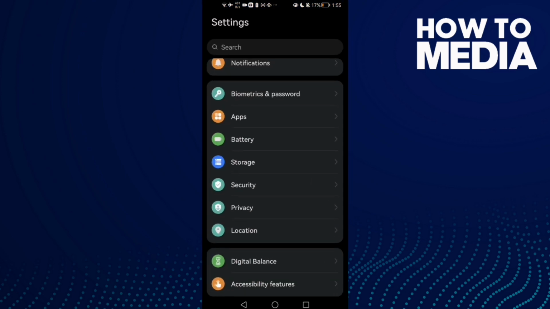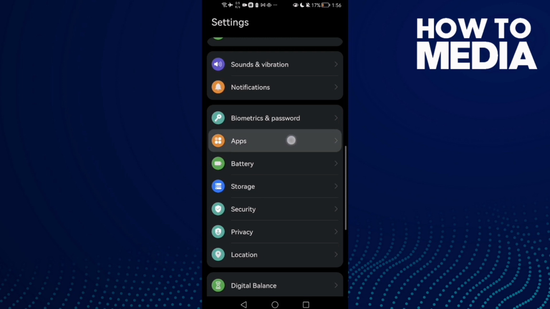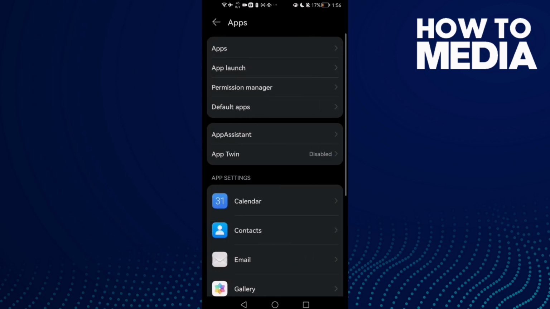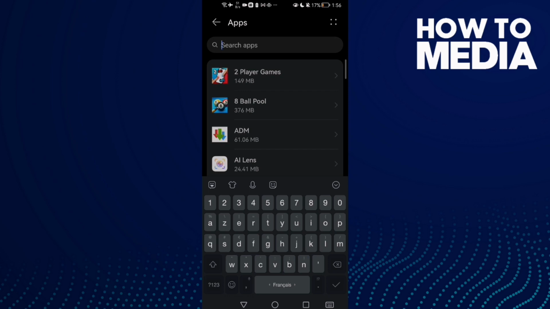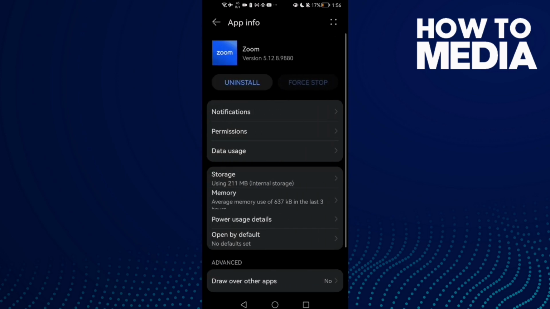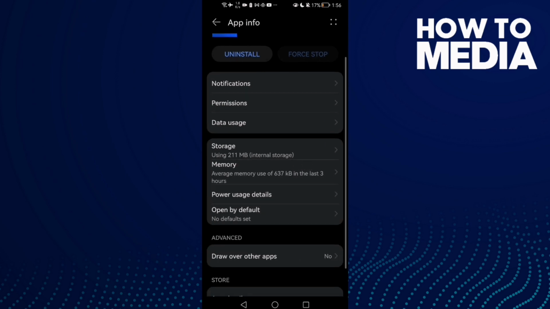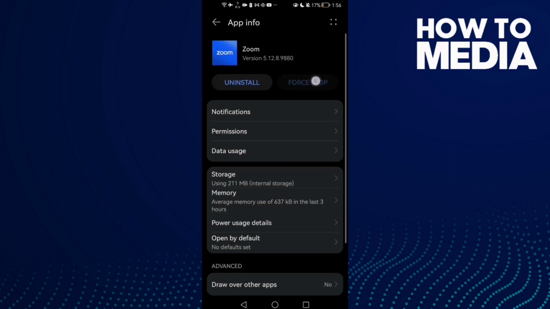First open settings and then scroll down until you find here apps, and now click apps again, and here just type Zoom and then click on it, and here we'll find storage. Click storage and now click clear cache, and after that just go back to force stop here